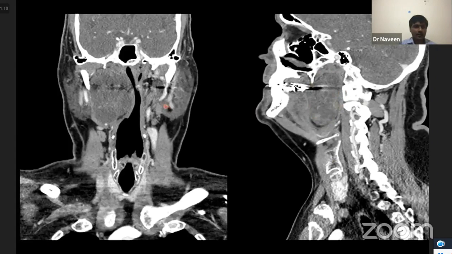So this is actually a case of a pleomorphic adenoma from the deep lobe of the parotid gland. Here in the coronal multiplanar section, we can better see the splaying of the parapharyngeal fat. So actually, this is a deep lobe lesion, which is mimicking a parapharyngeal mass lesion. So a few people consider this deep lobe as a part of the parapharyngeal space.